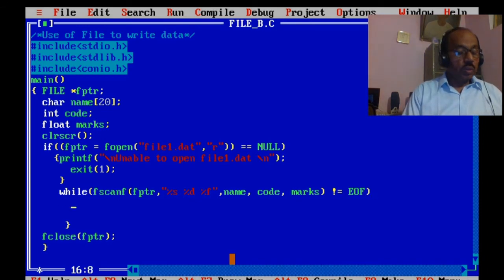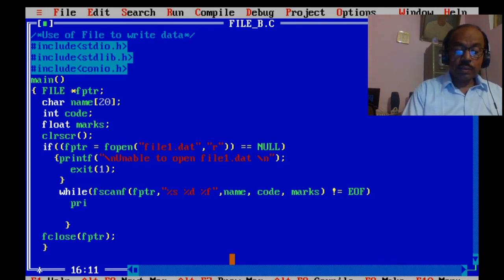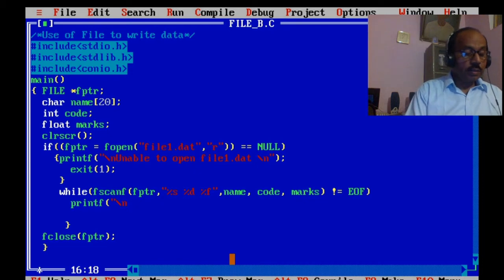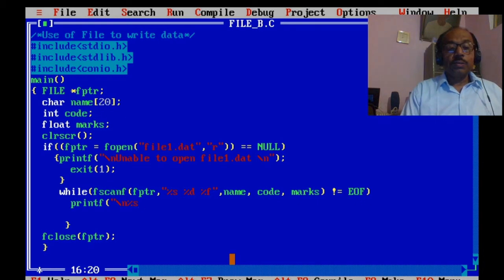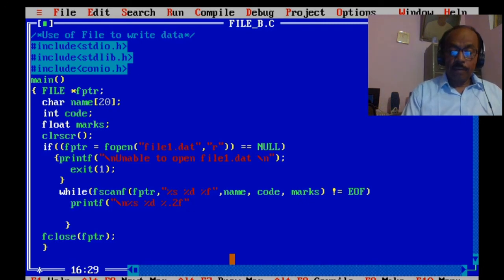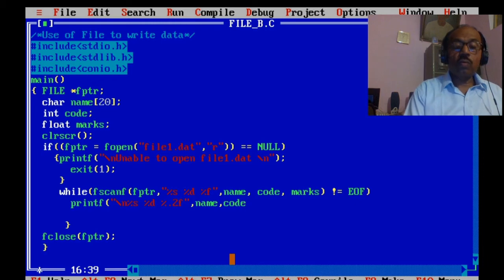So here we are placing the printf statement: \n %s for name, %d for code, %.2f for marks, and the variables name, code, marks.